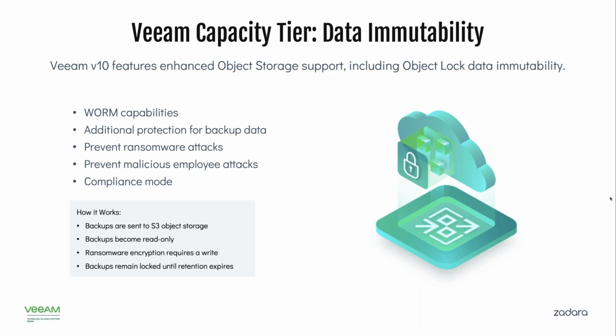Amazon AWS storage has an additional feature, as you just mentioned, which is the object lock. This object lock allows you to do exactly what WORM did when it came to tape: write once, read many. And the funny thing is, whenever you enable the object lock on the S3 storage through Amazon, it actually says this emulates the same exact concept as WORM did in tape infrastructures. We've taken that same technology and implemented it into our capacity tier, which we've created a technology vector called immutability, or data immutability, meaning that whenever you write anything to this